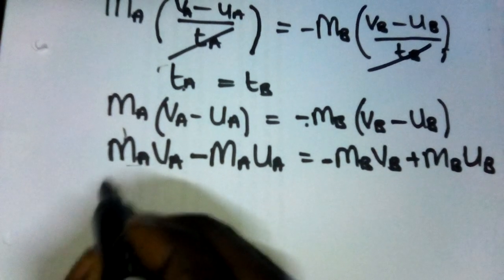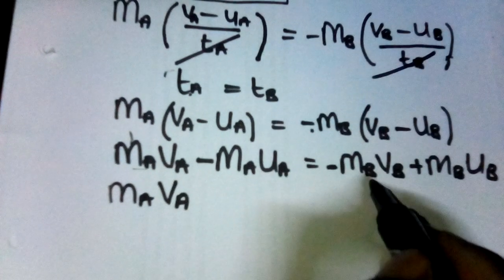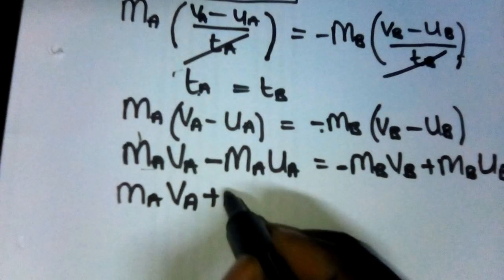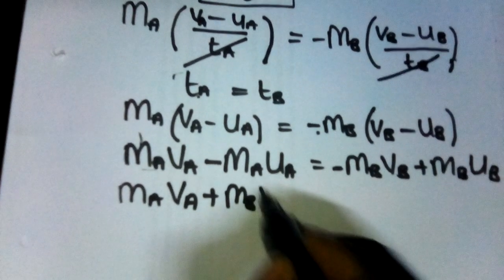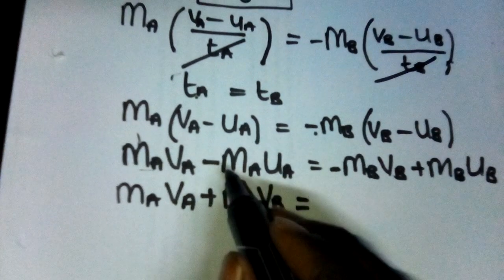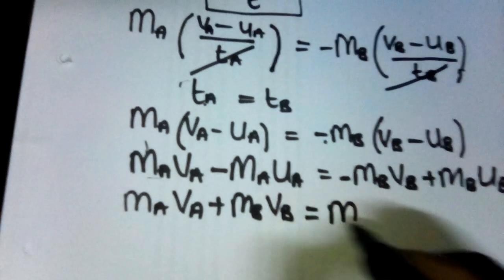So we're going to have mass of A, velocity of A, and this is going to come to the other side with a positive sign, mass of B, velocity of B. This is equal to, we take this one to the other side, mass of A,